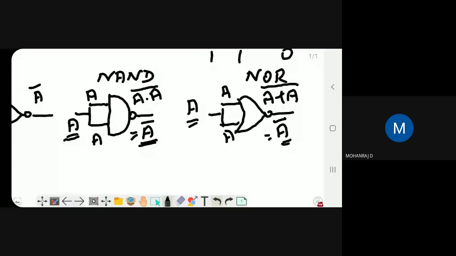Next, you are going to implement the same AND gate by using a NAND gate as well as the NOR gate. Tell me the output of an AND gate. A dot B, ma'am. A dot B.